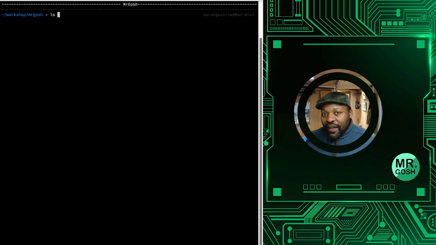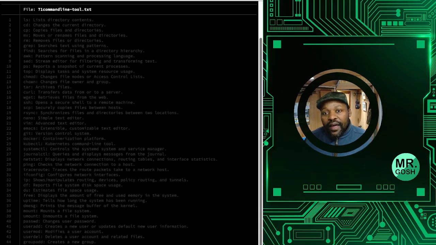I will be taking you through 71 of the most useful command line tools. Let's get straight into it. Now, this is my list. You can see ls, cd, cp, mv, rm. I'm going to go through all of these. For those who don't know what these are, I'll go through them. We'll do a small demo breakout, look at the features of some of these. But for this video, let's look at the first item on the list,